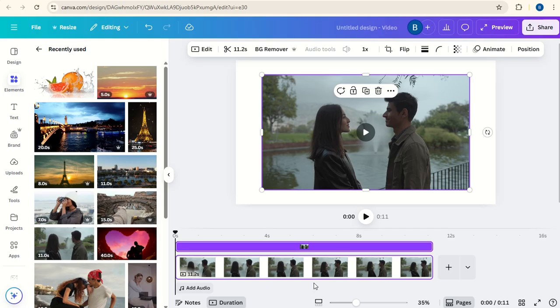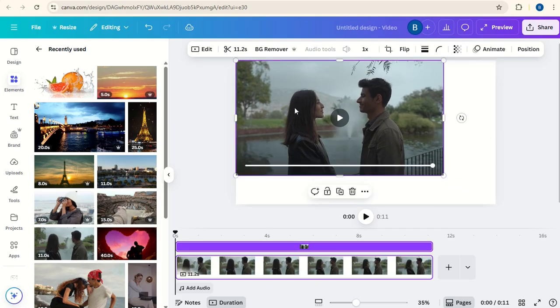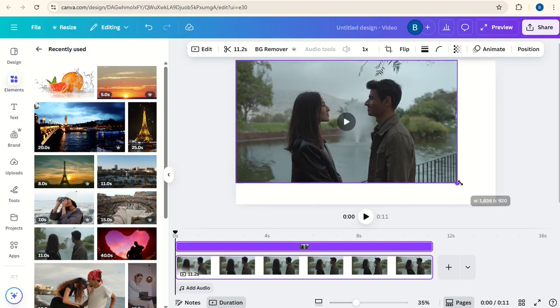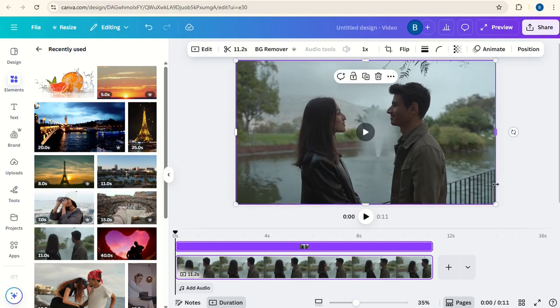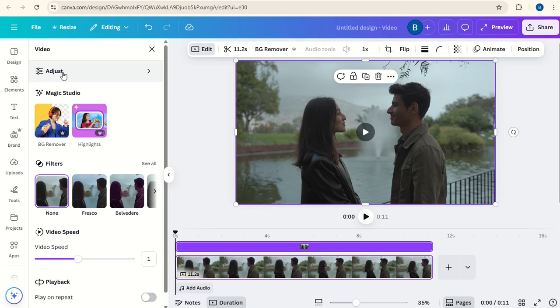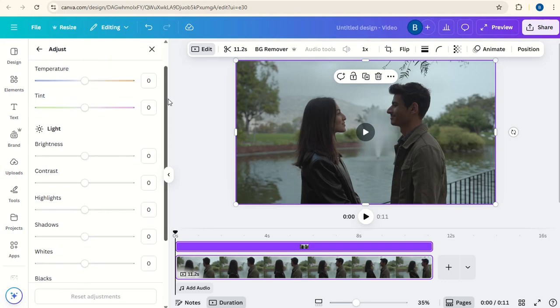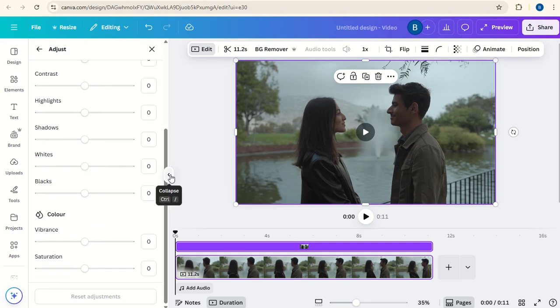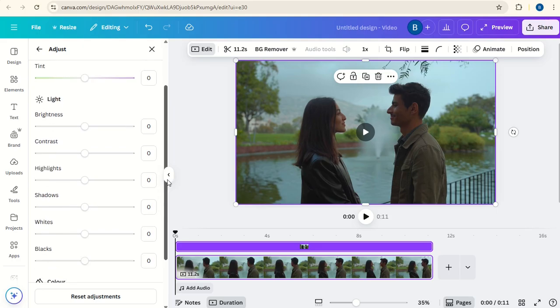I'm going to also edit the coloring of this video because it looks a little bit dull to begin with. So I expand the video, click on edit, go to adjust, and down here we can change some of the colors. I'm going to put the vibrance up, and I'm also going to put the brightness up a bit. Perhaps change the contrast,